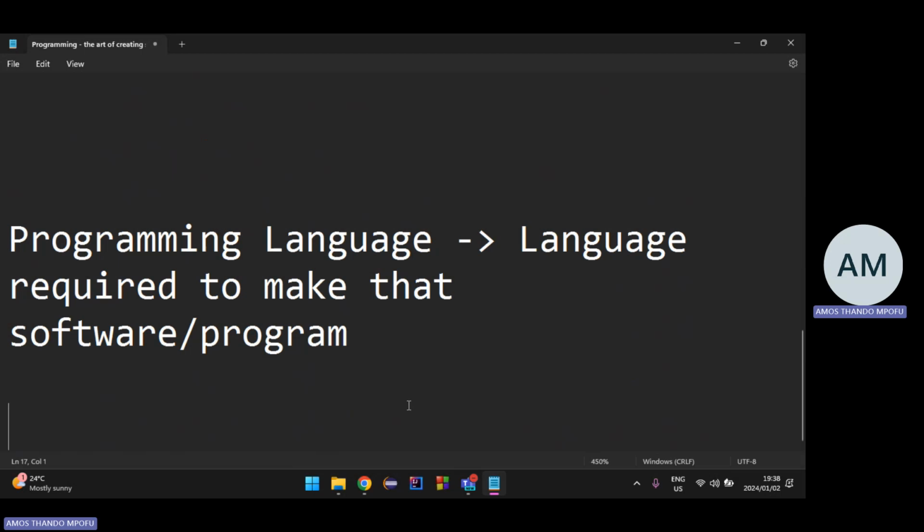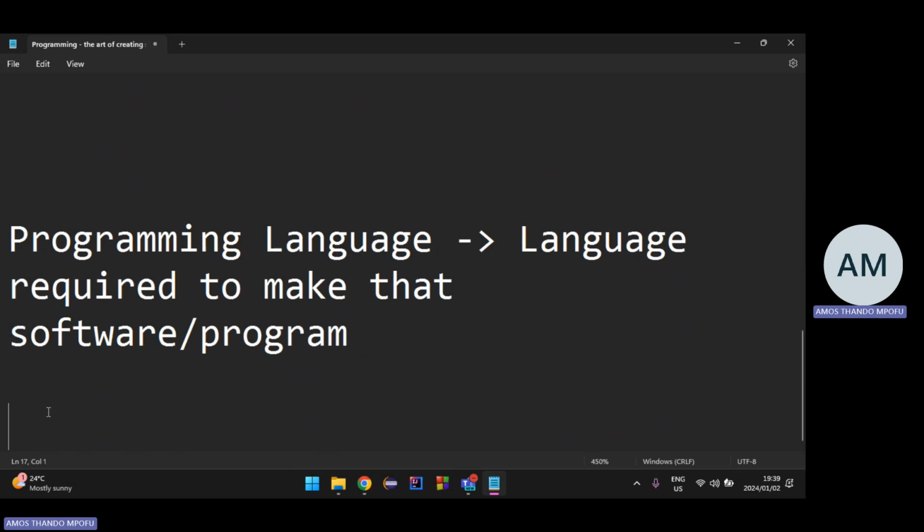So why do we need programming languages? Some might ask, why? What's the point? So the point is that computers are a bit complicated. It's a very complicated tool or system. A computer is very complicated in the sense that if you want to make these applications or programs like WhatsApp, whatever, they needed to make what they call a programming language.